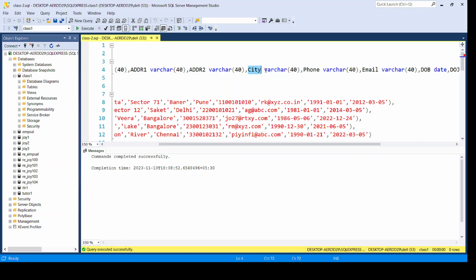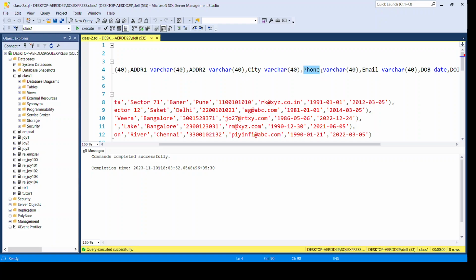And here also the city names can be of variable data type length. Some can be of a small number of characters, some can be big, some can be medium. So the data type length is variable. That's why I have given varchar 40 here. If instead of 40, if you want to try on your own, you can give it as 60, 70, 80, whatever you like. Then give this comma, and then you have to define the next field or column,